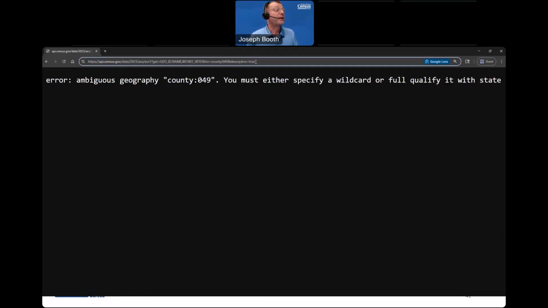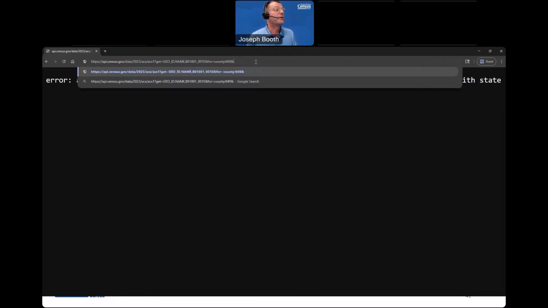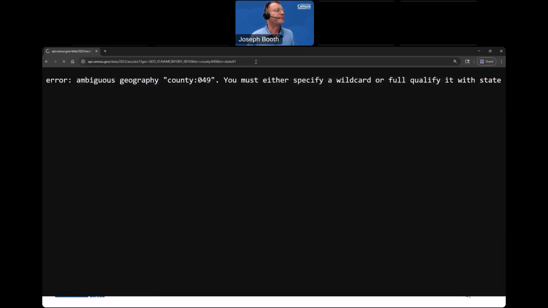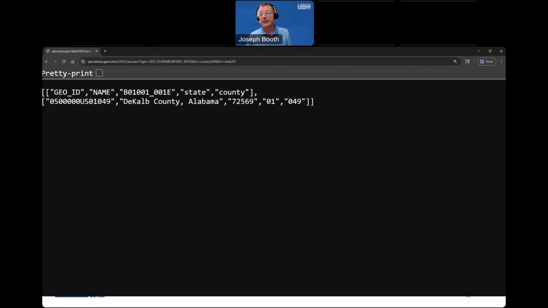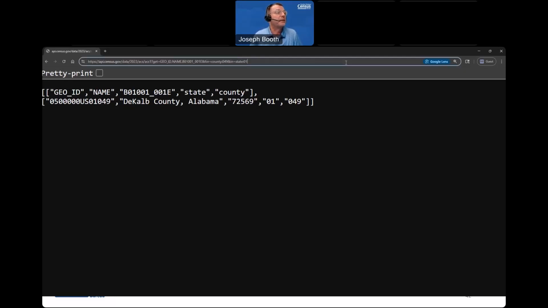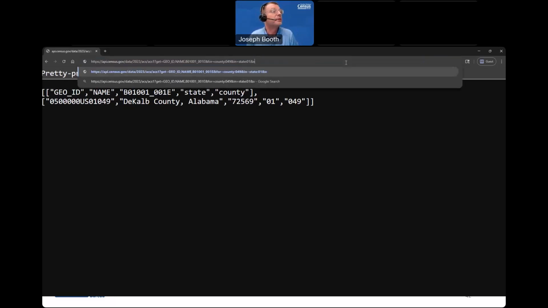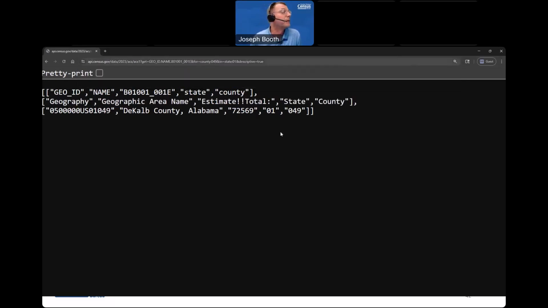It turns out that in order for this to work, you need in=state, and I believe it was state:01. So there we go. That's how we get our county and state information for DeKalb County, Alabama for that variable, and if I add &descriptive in, there we go. We get the name. So that's how you can modify some examples, plus the geo_id, very important, and descriptive=true.